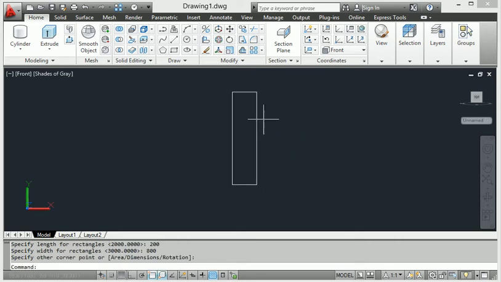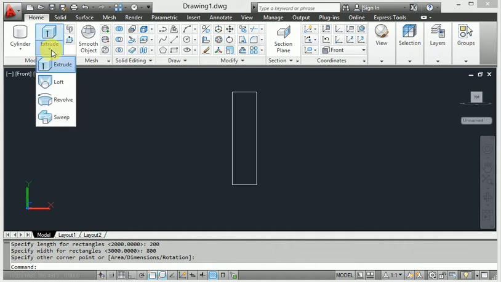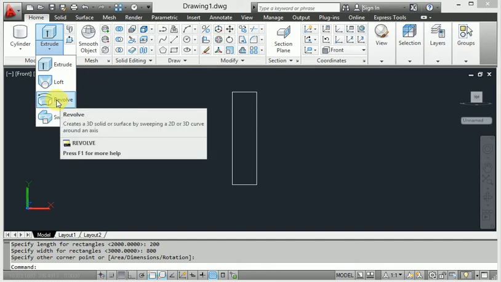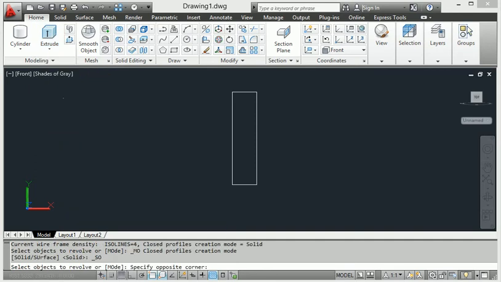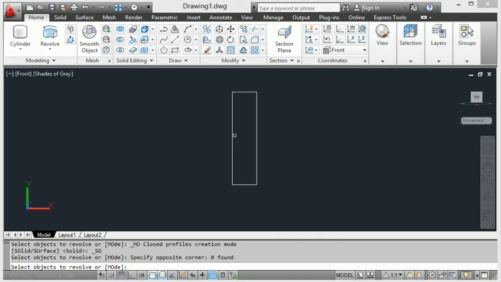It creates the rectangle here. When I convert it with the revolve command, first of all go to the revolve command here. This is the revolve command. When I apply the revolve command, select the axis and press enter, it asks how much distance I want for the 3D axis.